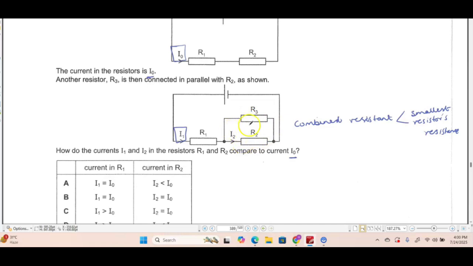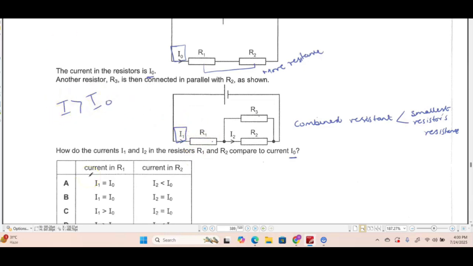Now when the resistance over here has decreased, ठीक है? So the current I1 would be greater than the current I2 because these two had more resistance to offer than these three resistors. ठीक है? So now the resistance has reduced. So I1 is going to be greater than